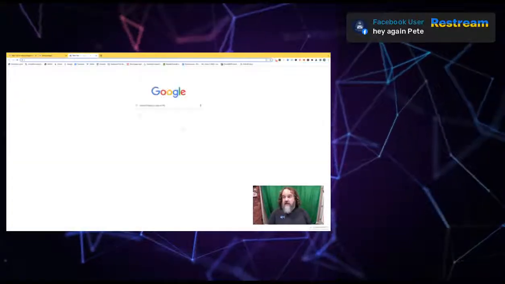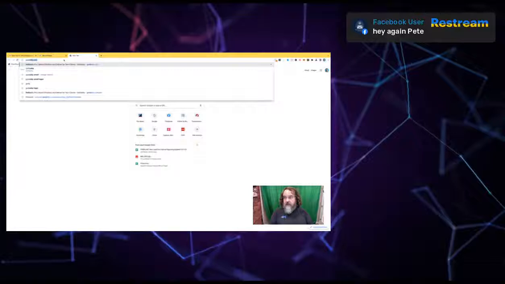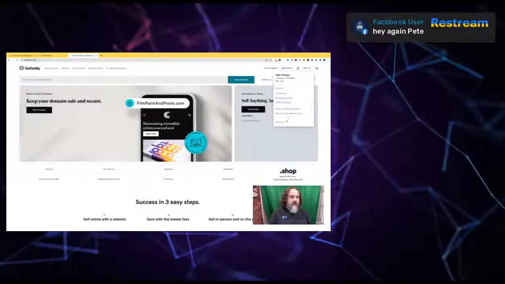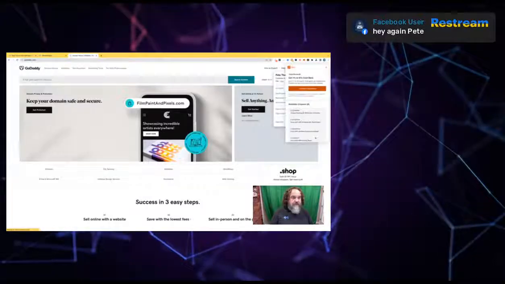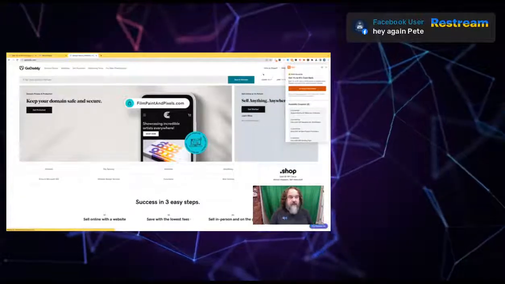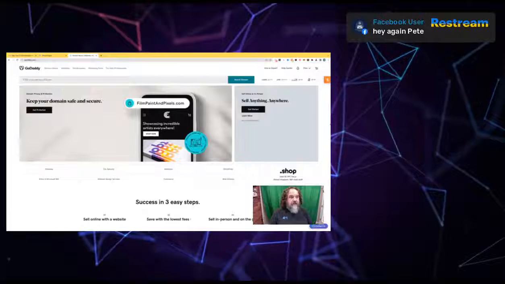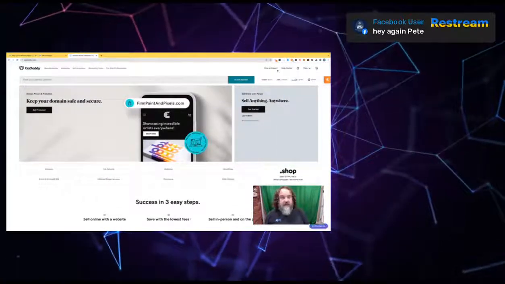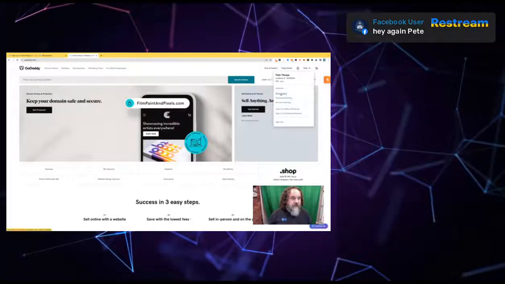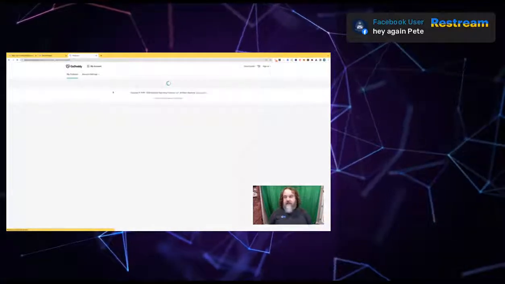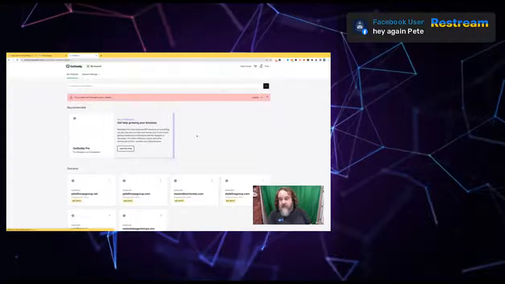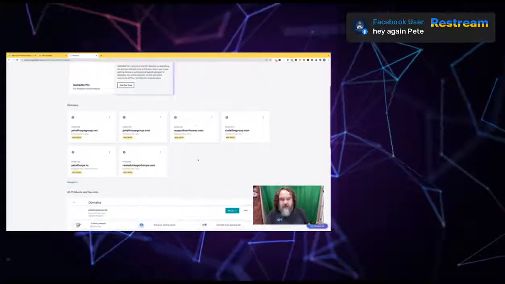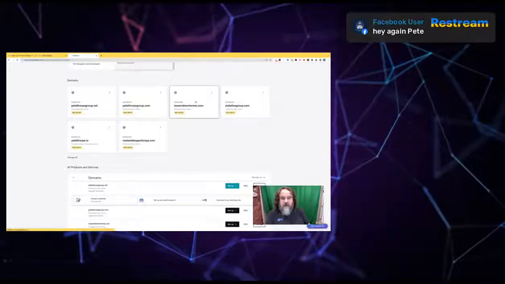Now, while that is being built, I'm going to go into GoDaddy because that's where I've got this particular domain set. We're going to go ahead and get logged in. It already has me in. We'll look at my domain names that I've already got. Where's my products? There we go. Here I'm going to go to my products, and I have a whole slew of domain names. I know which one I'm going to be using, and I need to update my credit card. I'll do that later. So I'm going to go with masondixonhomes.com,